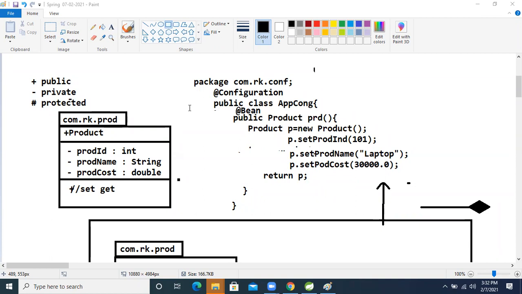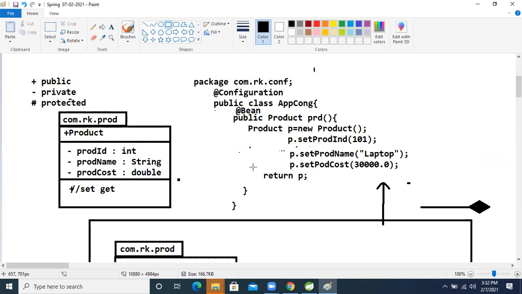Yes, you are right. Okay, Suraj Pawar says: I think in XML we have to write manually, but in annotation we have to write that much only. Yeah, that much only. Okay, okay.